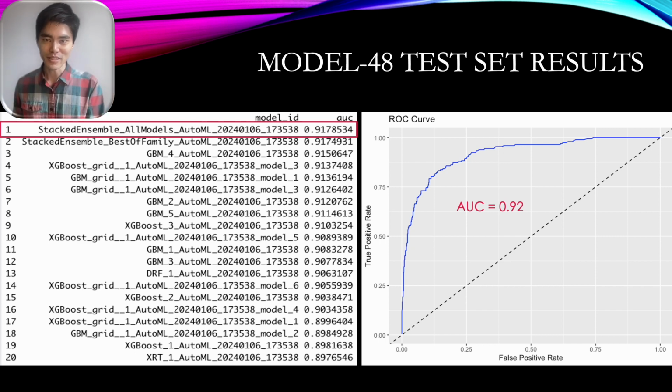But here you can also see the individual models, like the GBM model, XGBoost model, a few more GBM models, and the random forest model down here. But overall, they did very well. The single one that did best alone is GBM, and then Stacked Ensemble basically takes all of the best parts of all of these models and stacks it into one model. And then it got an area under the curve of 0.92, which sounds very good, right?